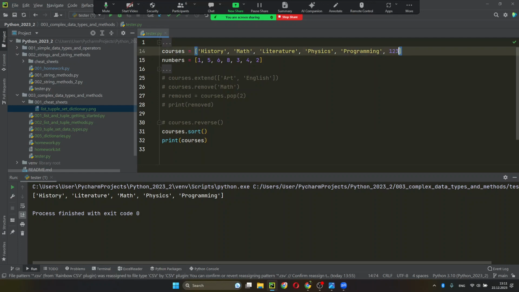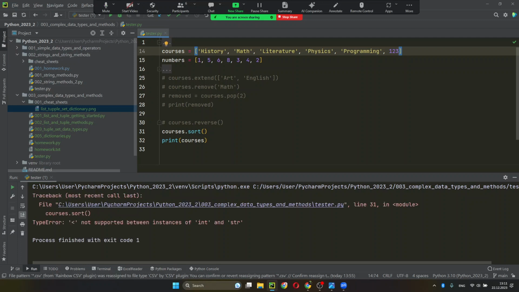For example, I have a number here, like that, integer. I will get an error using method sort, because you cannot compare integers and strings. These are different data types. They cannot be compared between each other. So method sort will work in lists where you have all similar elements, because method sort can work with numbers,